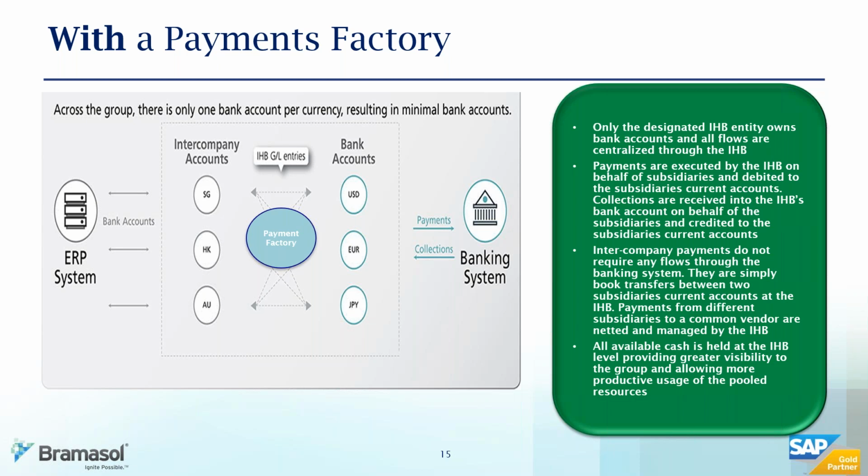So you don't have all these separate bank accounts for every single entity. You can streamline your collection and payment processes. And it's not just for AR and AP. This also could be within your treasury processing as well. And it doesn't have to be just one in-house bank. You could have your central resources with whatever makes sense, following the sun: within Europe, within Asia, within the US. But again, you're streamlining and centralizing those processes and making them much more efficient. That's the whole crux of what you're trying to do here.